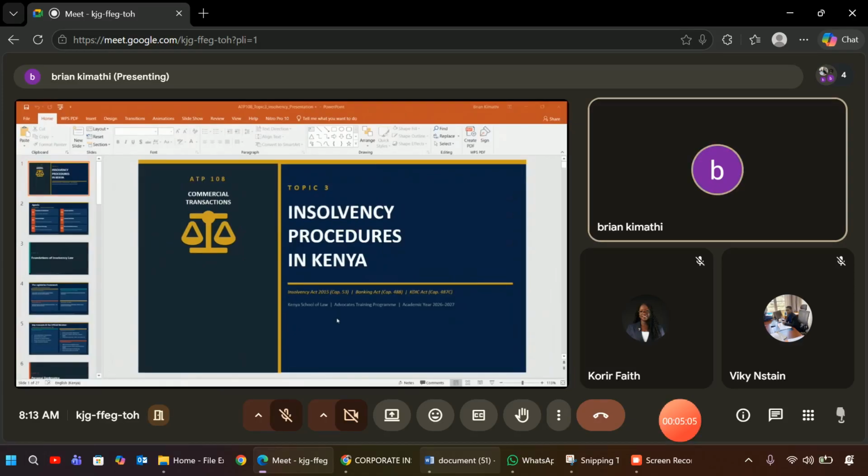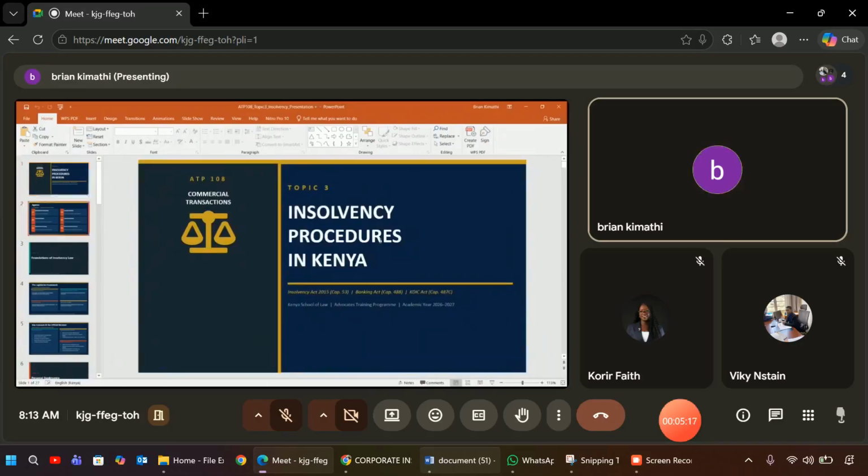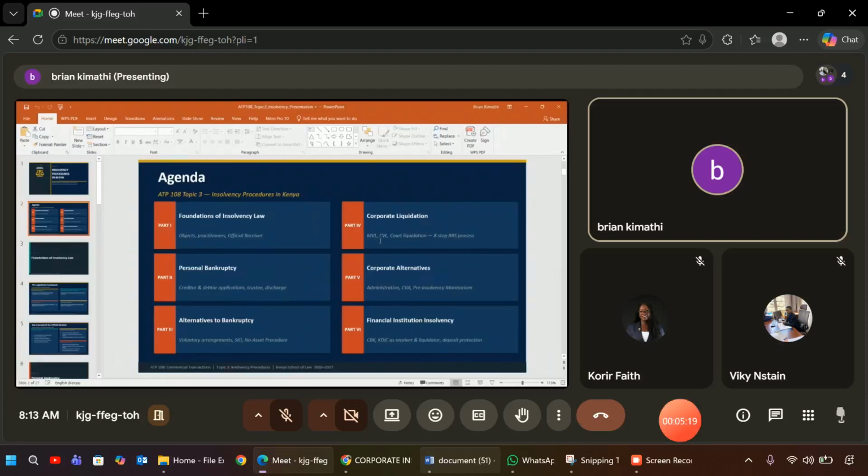So with that, I'd like to begin the presentation. I wanted to give just a brief overview so that we see what course outline we are using, so that when we start we can flow a bit, and if we have to refer to a certain statute, then we go there and come back. If we have to refer to the Business Registration Service portal, because what I want to stress is,